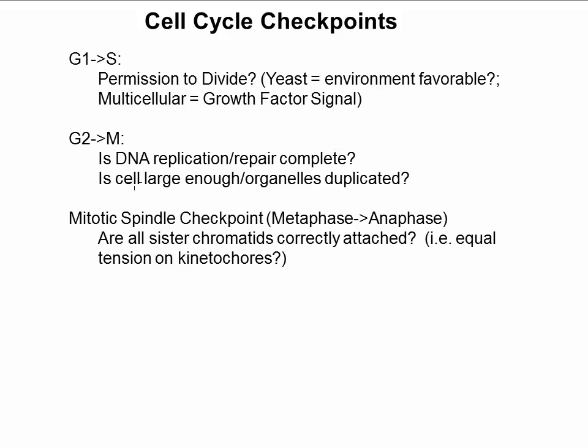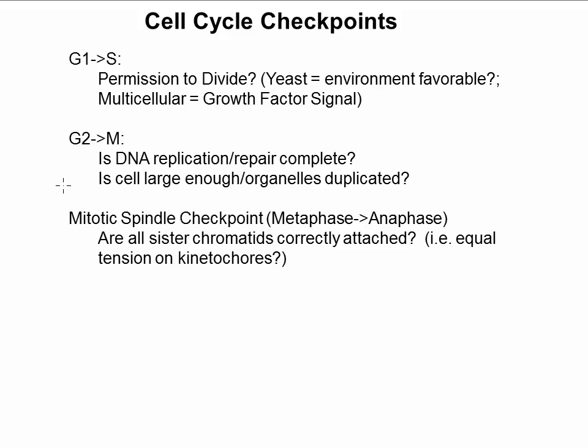In addition, the cell might be asking itself, am I large enough? Have all of the cellular organelles been duplicated? Am I sufficient size to be able to support 2 new daughter cells, right? So at G2 to M, primarily we're looking at the status of DNA replication and repair. And we're also looking at cell size as indicators of whether the cell is ready to move on to mitosis